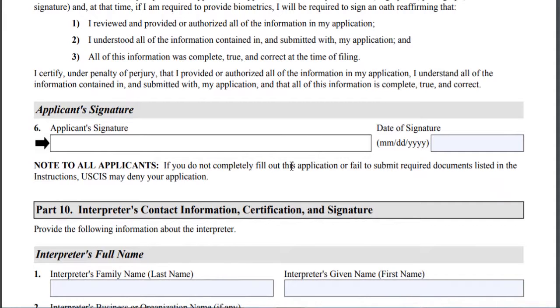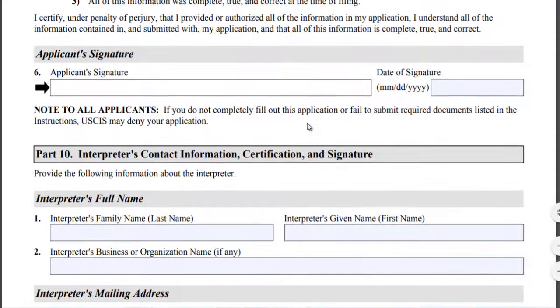So when you fill this in, try to revise it multiple times before submitting. And here you must sign, when you print out the form, using black ink, and then the date. Note to all applicants: if you do not completely fill out this application or fail to submit required documents listed in the instructions, USCIS may deny your application. So if you're making any changes like name, date of birth, or gender, please provide this